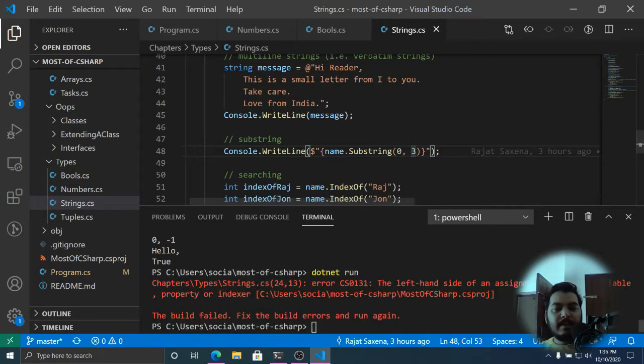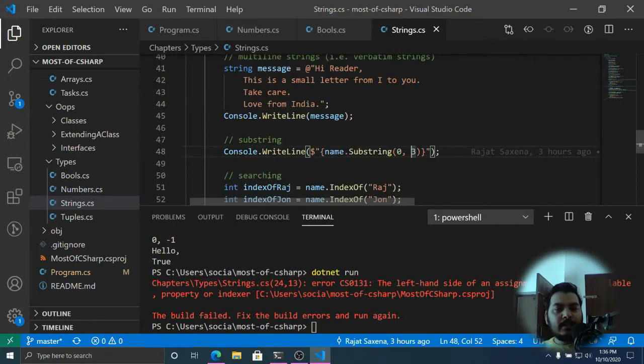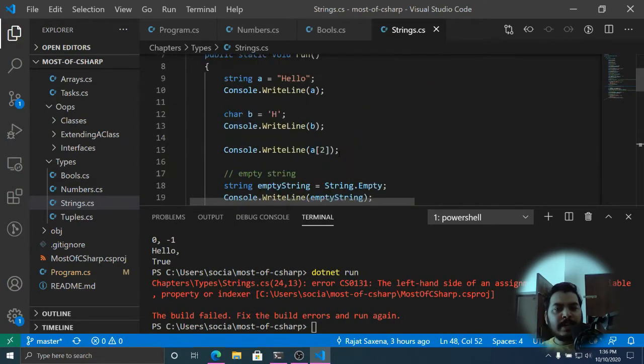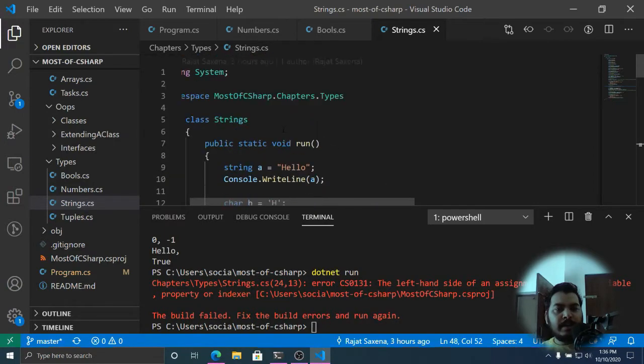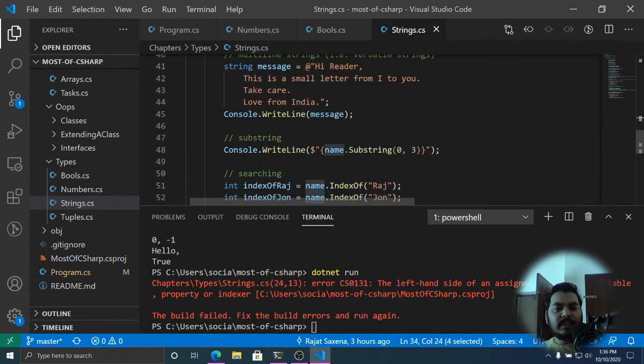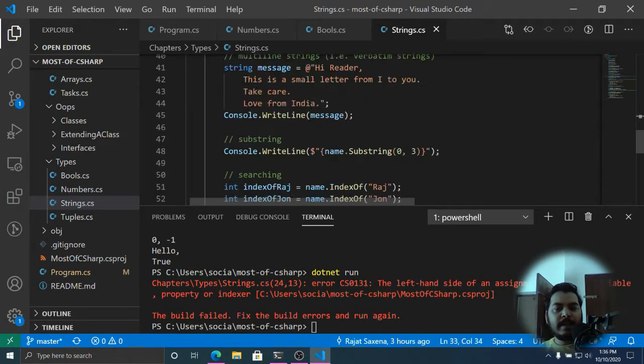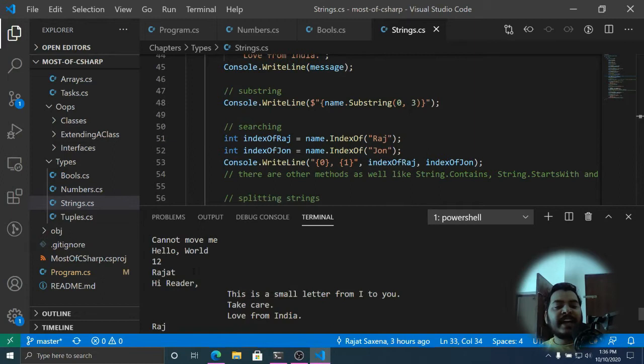As you can see here, we have started from 0 and it needs to extract 3 characters. We are asking it to extract from name. Name here is Rajat. So start from 0 and extract 3, so Raj. This will produce Raj, as you can see here. Starting position and the number of characters.